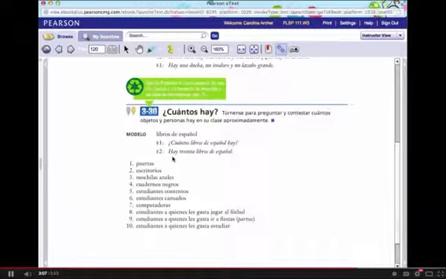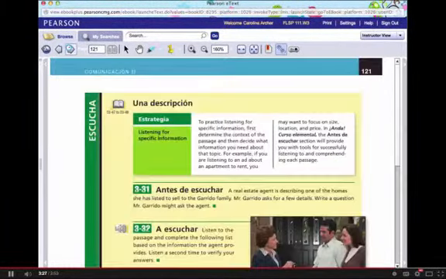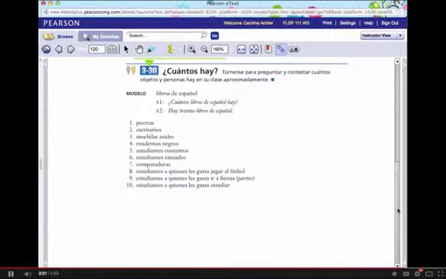Hay 30 libros de español. Puertas is feminine and it's plural, so we need to use the form cuántas. Okay, ¿cuántas puertas hay? ¿Cuántos escritorios hay? Okay, and the answer is always going to be hay, and then the number and the object that we are talking about. Okay, so you have a few activities in my Spanish lab to practice with this,